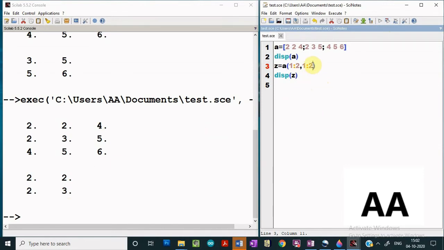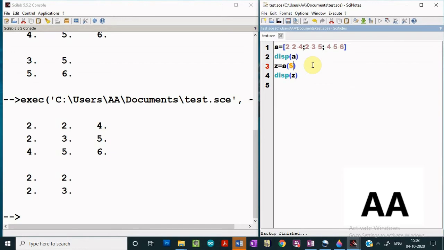Now suppose the matrix is very large and you don't know the size of the matrix, and you wish to access, say, the last row of the matrix. It can be 10, it can be 100. Okay, it is a dynamic matrix. So if you wish to access the last row element, for that we use a special symbol, the dollar symbol.